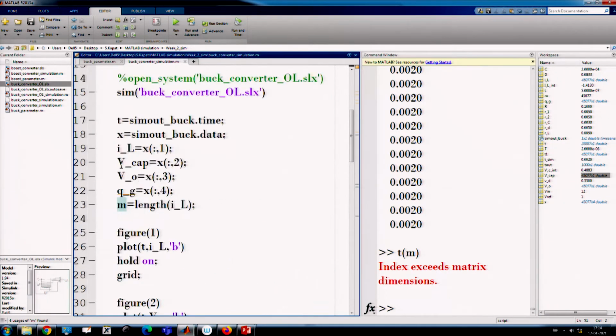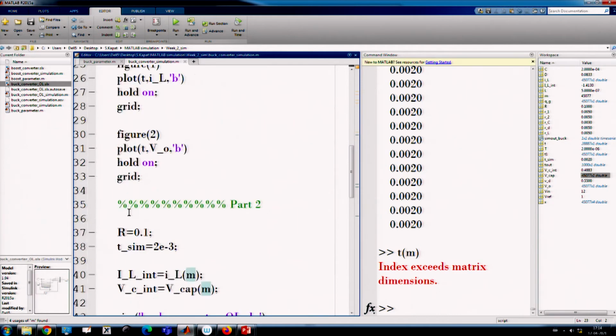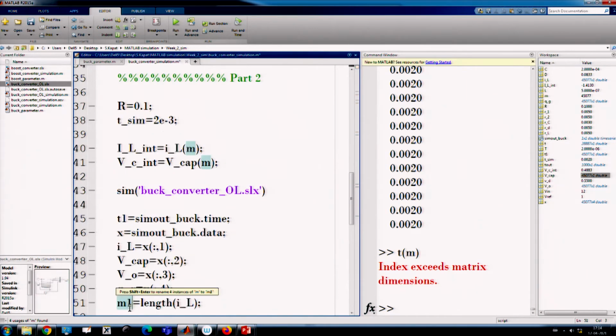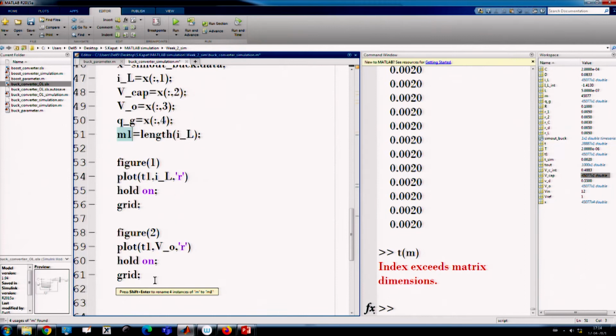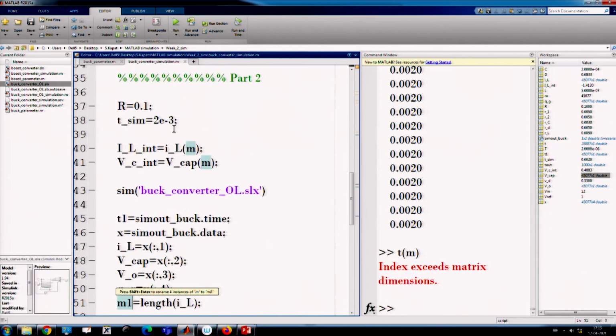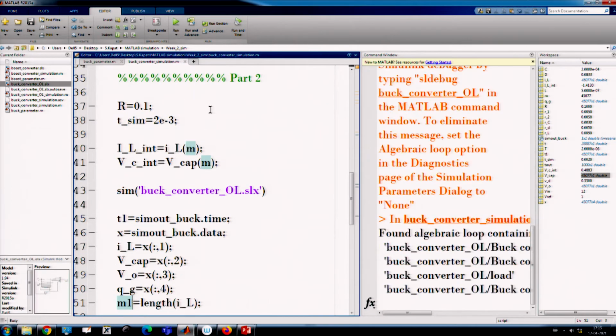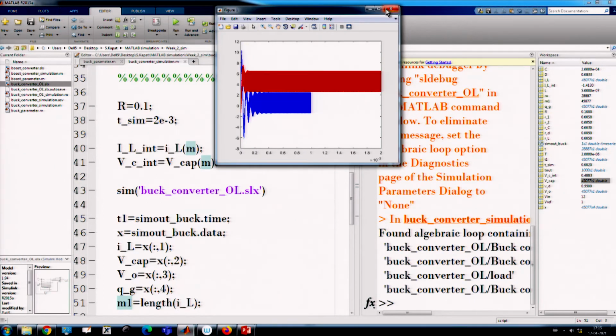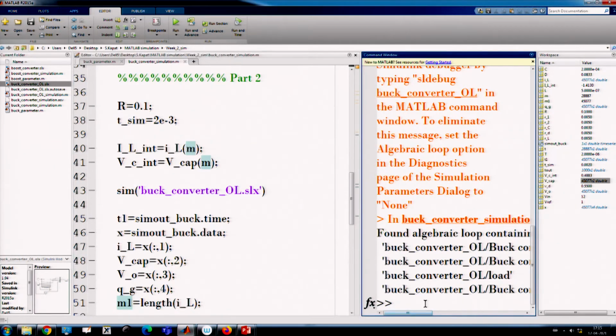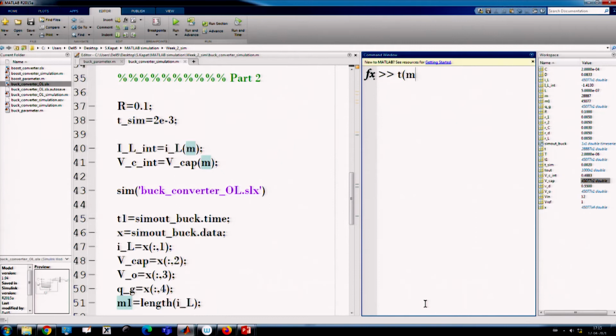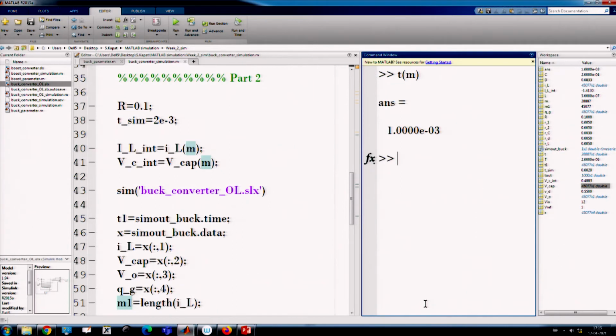This length is the earlier length, let us say M1. Now we want to see what is my T of M, what is my T1 of M1.